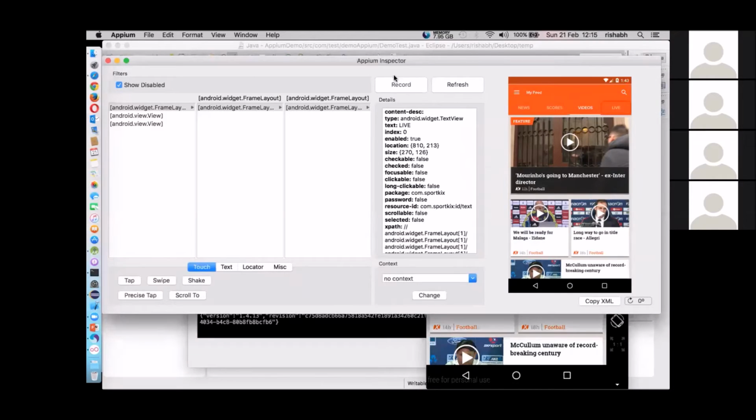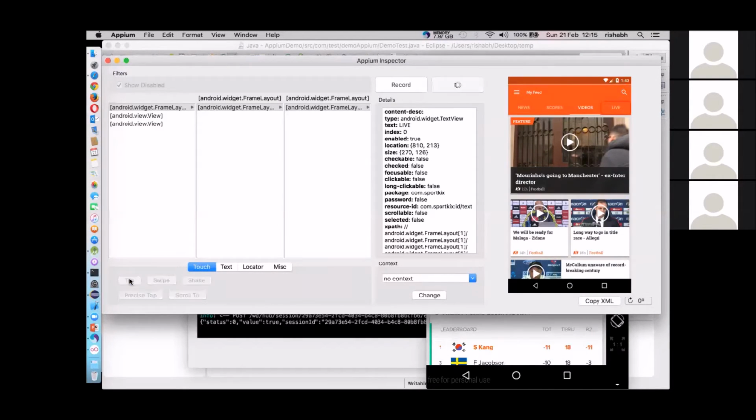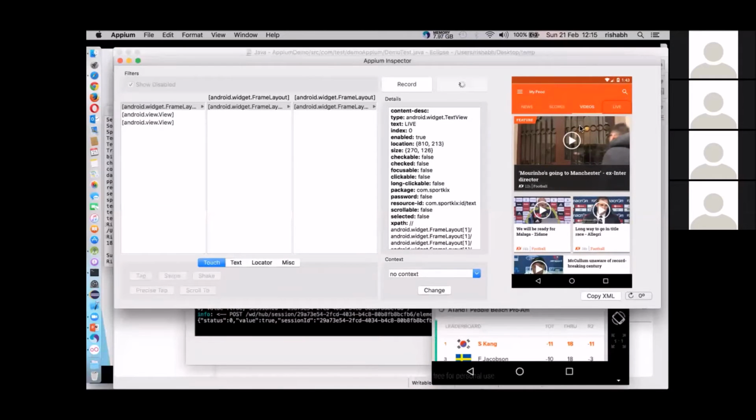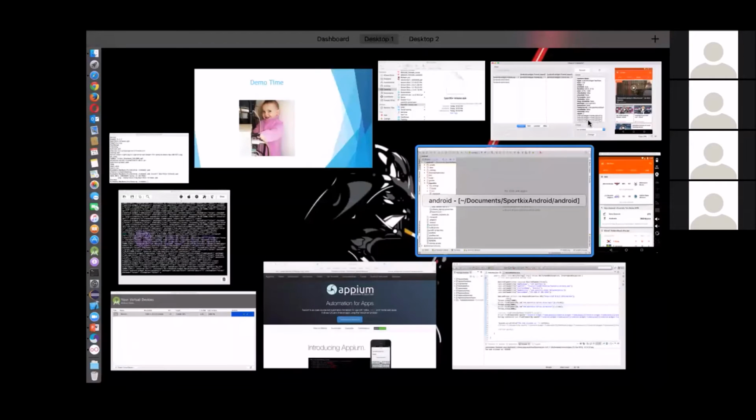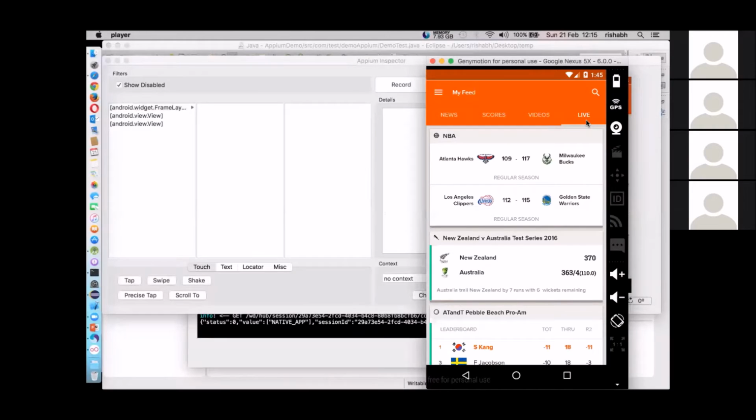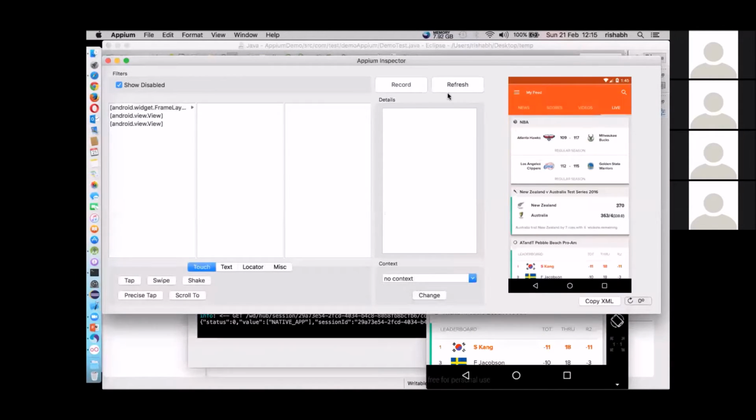And in this Appium Inspector, I have selected live, and now I will tap on this. Basically, it will perform an action. Now you can see the tab has been changed to the live one, fine. It has already refreshed itself, and now you are getting the screen grab of the live screen. So this is how you can identify an element in Appium Inspector.